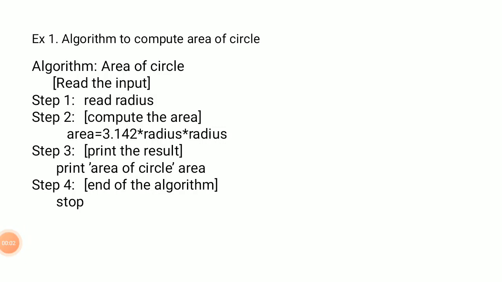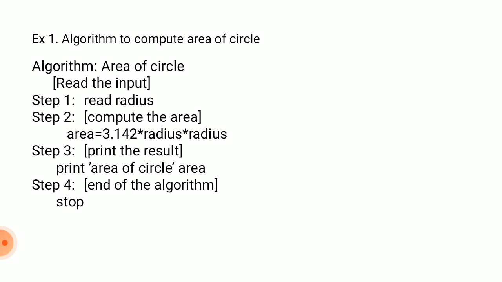Hello everyone. In the last video we discussed the algorithm, the characteristics of an algorithm, and notations to write an algorithm. So what is an algorithm? An algorithm is a step-by-step procedure to solve a particular problem. It is one designing technique used to write a program. It has to satisfy some characteristics: input, output, definiteness, finiteness and effectiveness. We have already discussed the characteristics.